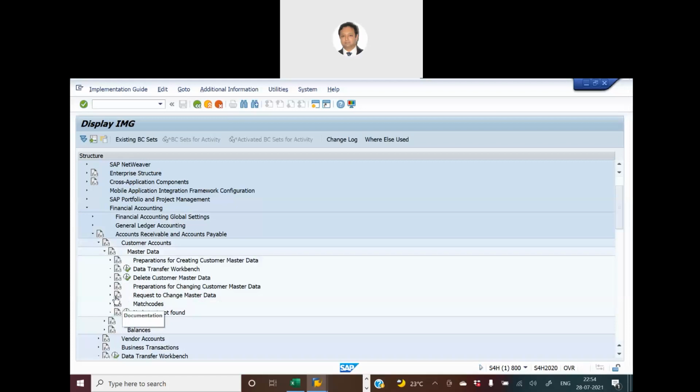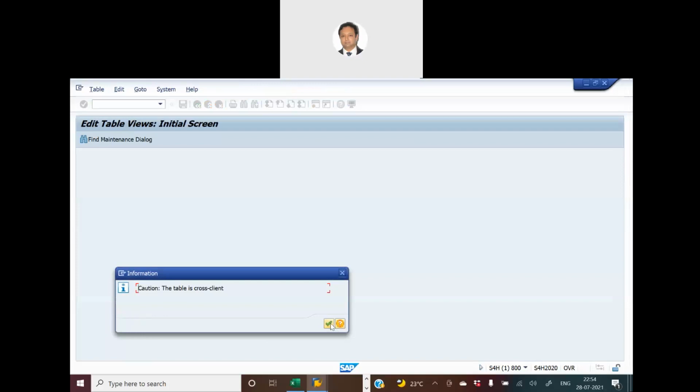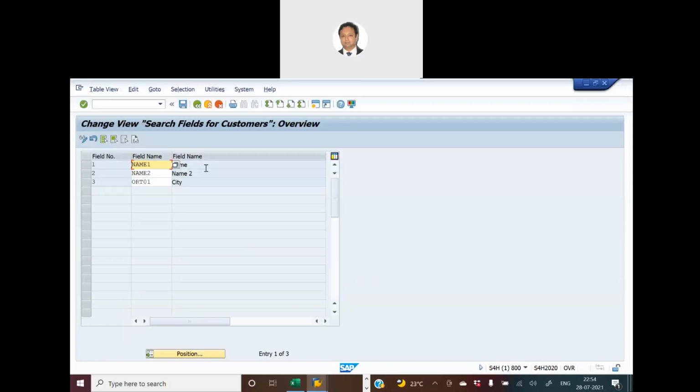So I'll go to match codes, and this is the match code. Here you have to click, and these are the match codes that are already configured, which will help us detect vendors or customers with the same name 1, name 2, and city. So if you are trying to create a customer or a vendor with the same name 1 or name 2 or the city,